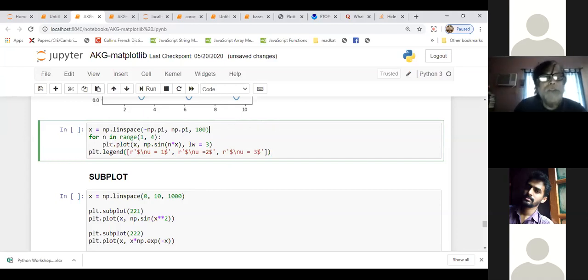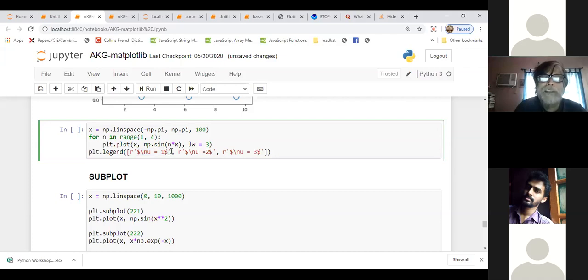Okay. Suppose you create x, and there is a for loop, and inside that you write plt.plot. And you write these Greek symbols I used: nu, backslash nu, and you have to write it inside two dollar symbols.